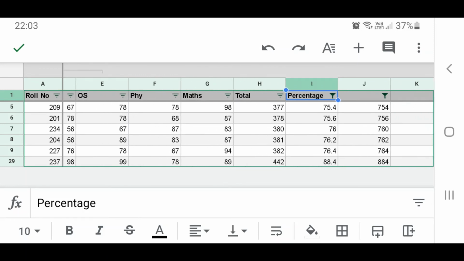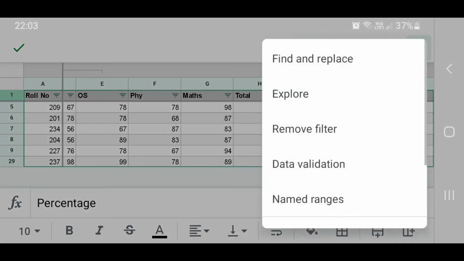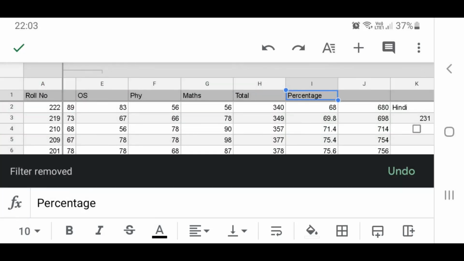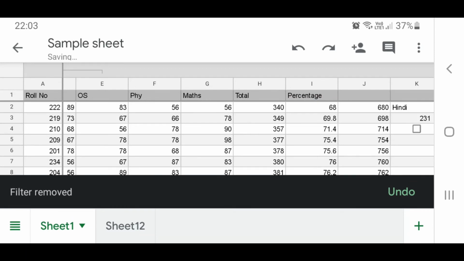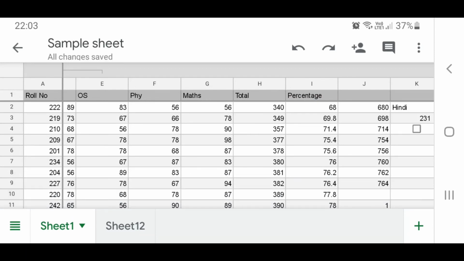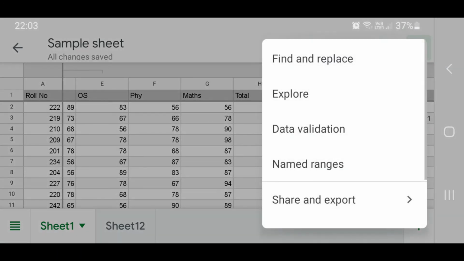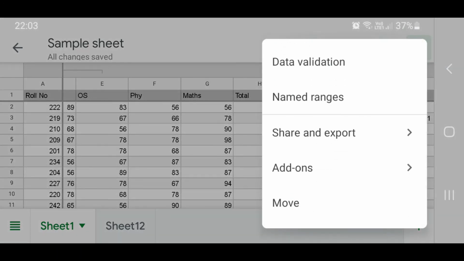When you are using a laptop or a desktop, you can create filters and store those filters as a named unit. Here you cannot store the filter. Once you create a filter, you have to remove the filter to do the next set of activities. Okay, the next thing that we can use here is how to share your document.